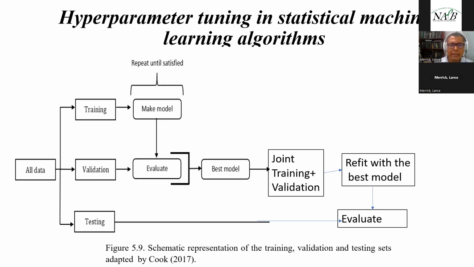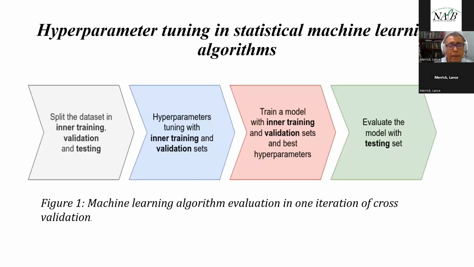After you select the best candidate model, internally the library refits the model using the whole training data, joining the inner training and validation, and with this refitted model, you perform the prediction for the testing set. This means that in general, the library works in this way, splitting the data set in inner training, validation, and testing,